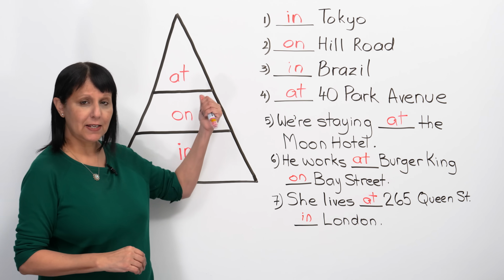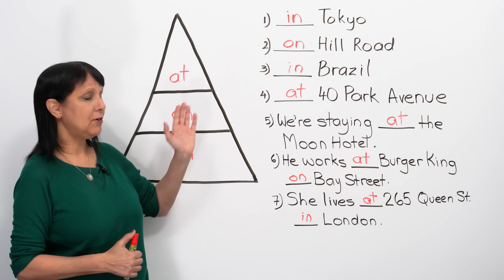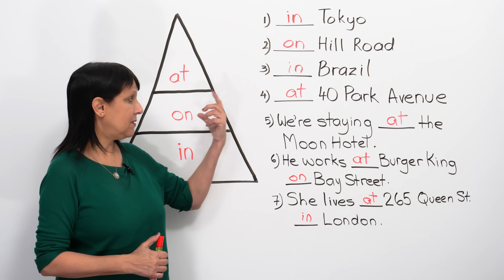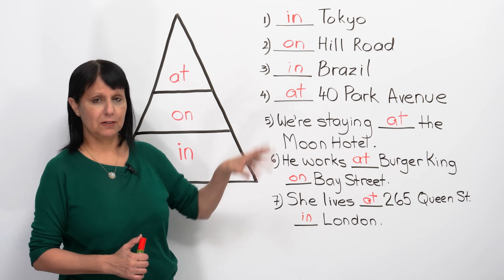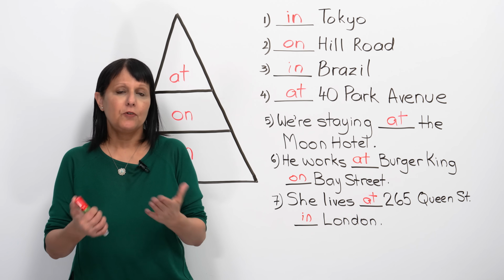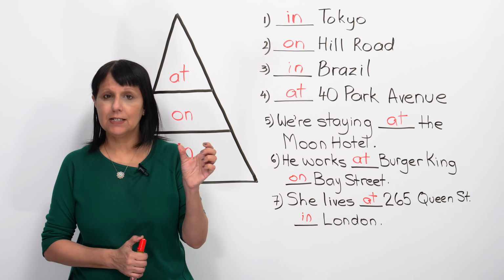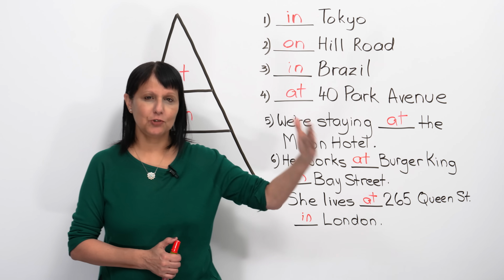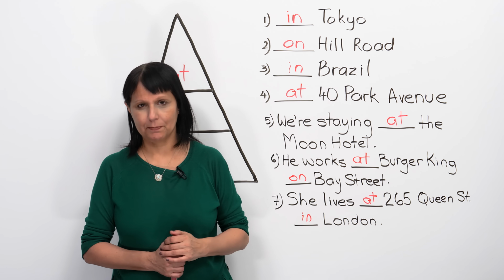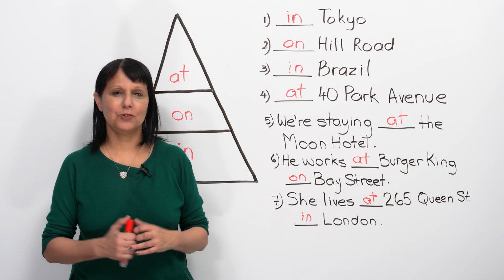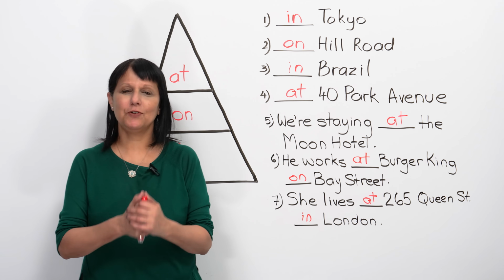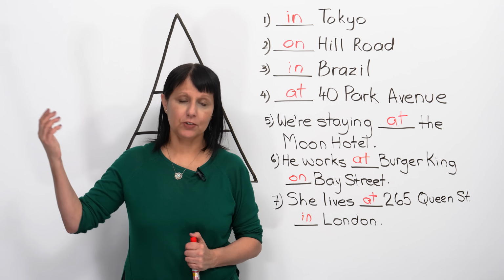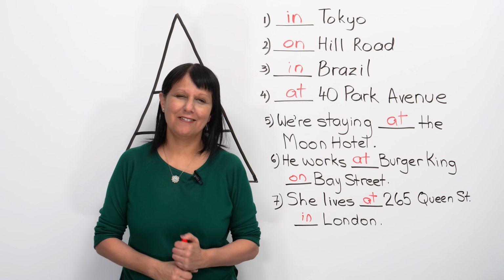Now, I still want to say that even when we're talking about place though, at, on, and in sometimes are not used exactly in the ways that I've explained here, but this triangle method does help for lots of different places, all right? So, for example, if you look in a good grammar book, you'll see not one lesson about at, on, and in for place, but you'll see several chapters about at, on, and in for place. This will cover definitely one or two of those chapters, okay? But if you really want to make sure that you've understood this and you're getting it right, what are the things you can do? First, go to our website, okay, at